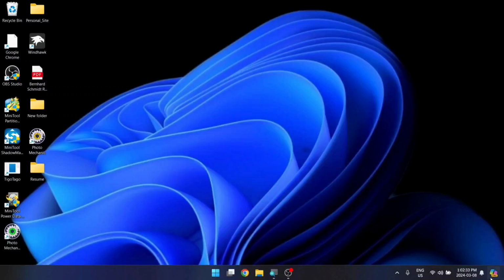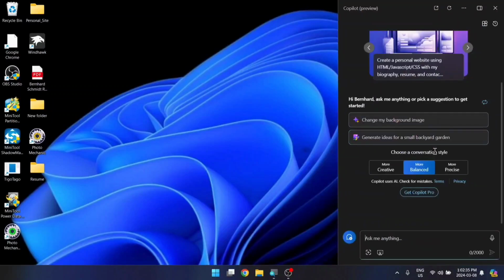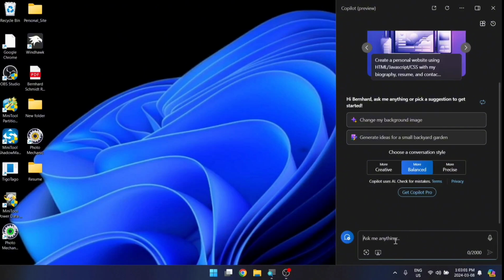This in the bottom right corner here is Windows Copilot. It's an AI that replaces Cortana, and it's pretty interesting to play around with and pretty advanced, especially compared to how Cortana was. I'm going to start with just the weather,